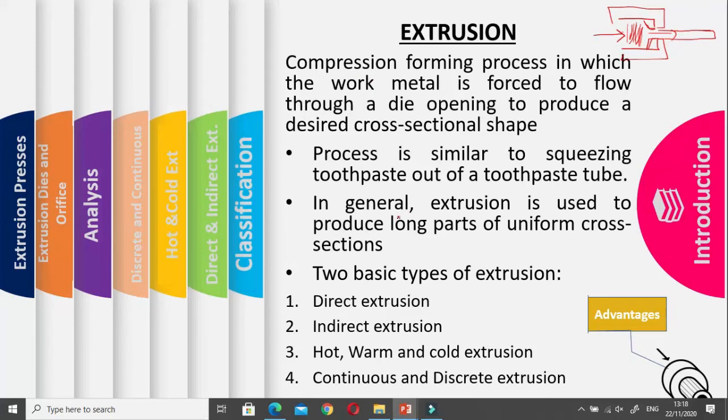In general, extrusion is used to produce long parts of uniform cross section. These are the advantages as well as the limitation of this process. If you want a long uniform cross section of any material, you will prefer the extrusion process, and the extrusion process is capable of producing this cross section only. So this is the advantage and the limitation of this process as well. If you see some advantages of this process,